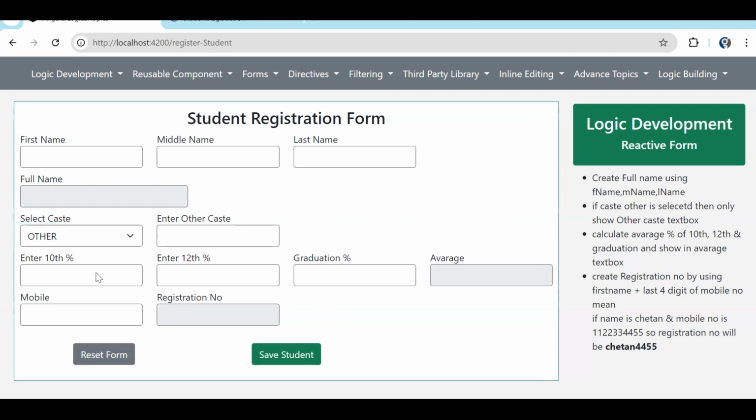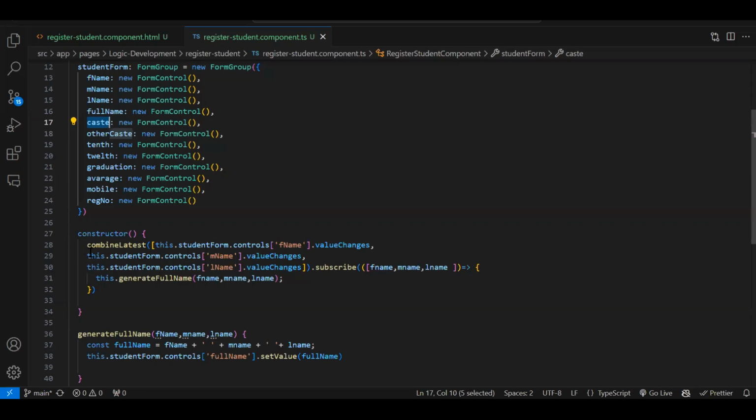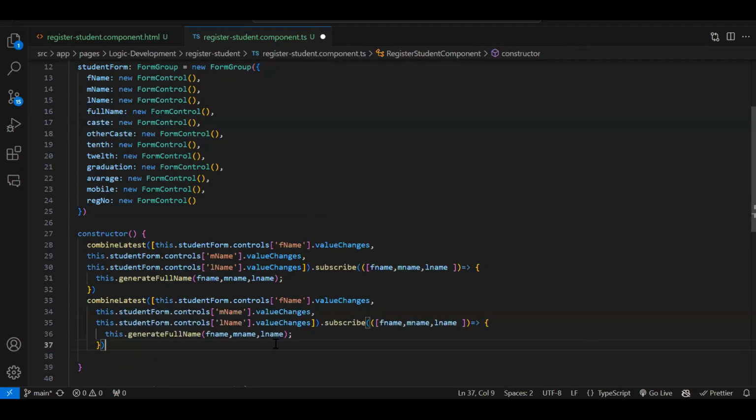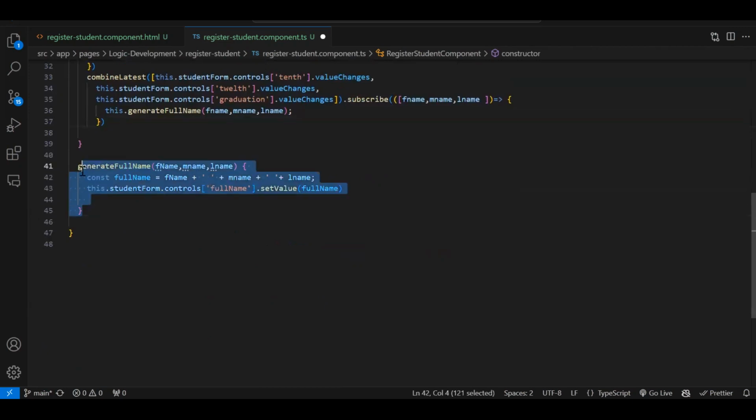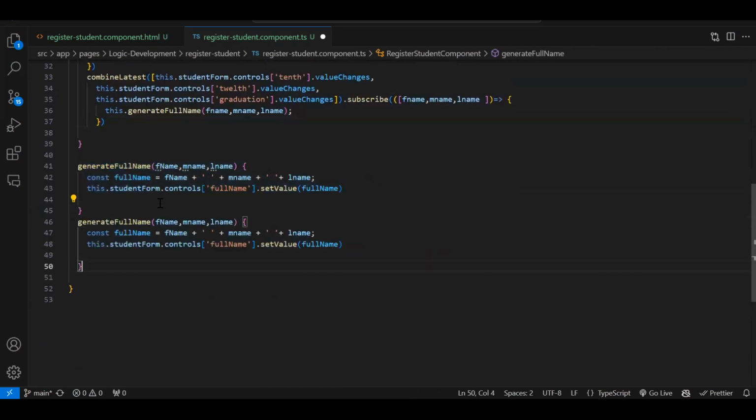Fine. Now again, the third thing, we need to calculate the average of 10th, 12th and graduation. So again, we need to read the subscribe of three controls. Same thing we can do. So let's copy this and paste it over here. Now here we need 10th, 12th and graduation, and we need to calculate the average. So just like that function, we will have one more function,